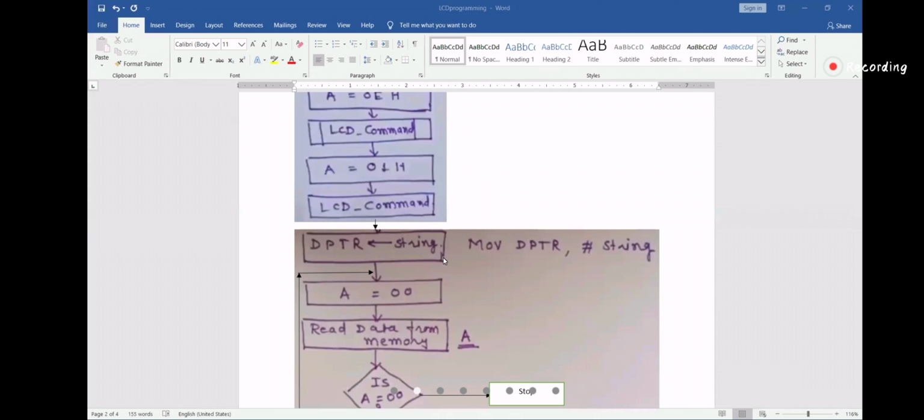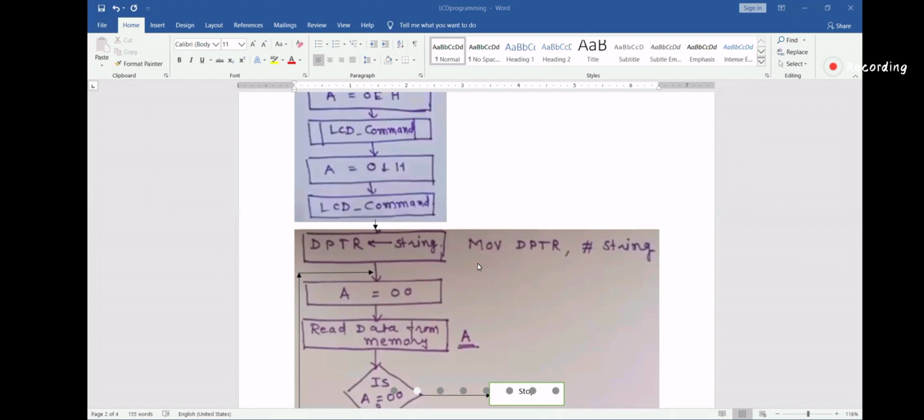You'll set it by this command, MOV DPTR, #string. You are setting the string, so right now the string Ganesh will be set to your DPTR. So DPTR will point to each character one by one.